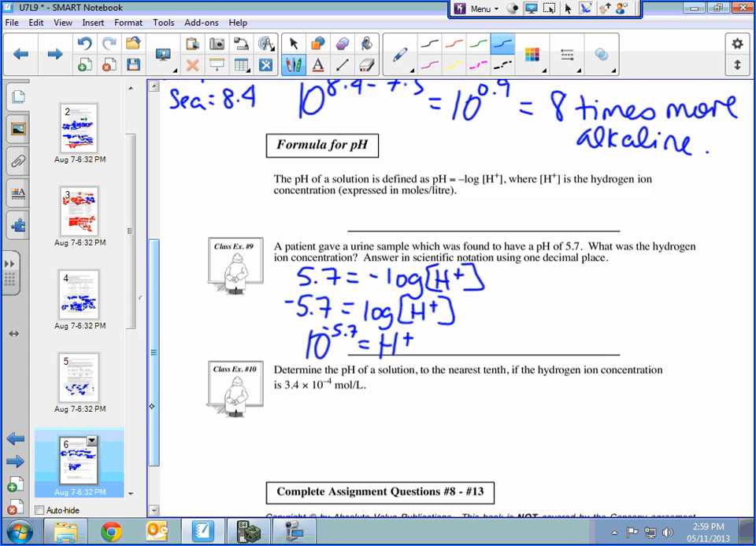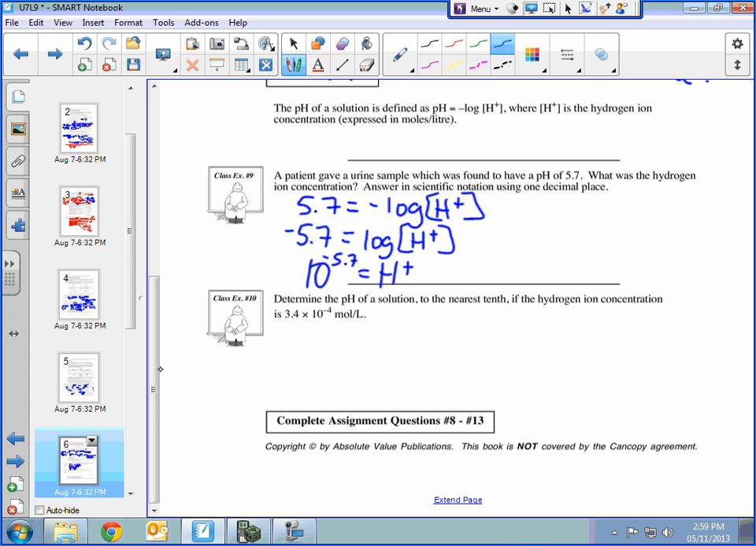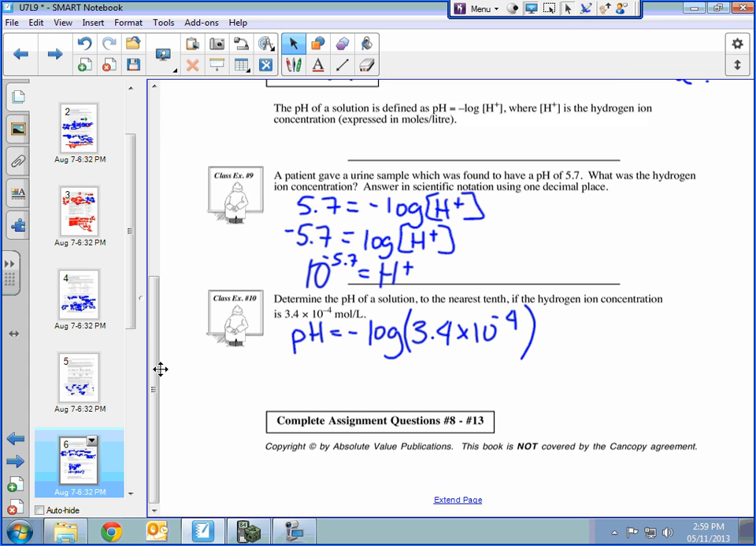So I'm not going to worry about that. You can put that in your calculator. Let's just do this next one. So if I have the pH, or define the pH of solutions to the nearest tenth, if the hydrogen ion concentration is 3.4 times 10 to the negative 4. So this we just do the opposite. So you have pH equals negative log of 3.4 times 10 to the negative 4. And then you just put that right into your calculator. Okay, so this was kind of an intense lesson, but